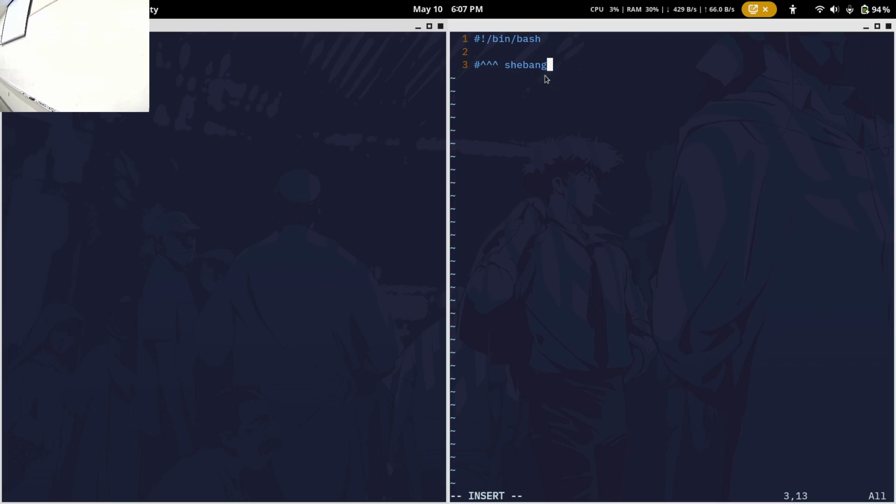So, can y'all see that fine, by the way? Good? Awesome. So what that does is tell us what shell we want to use, right? Because again, we have lots of different shells, like bash, and that shebang, that's what they call it, is going to help us determine which shell we actually want to use to execute these commands. And then right underneath that, I did a comment, so we don't want to actually execute that.